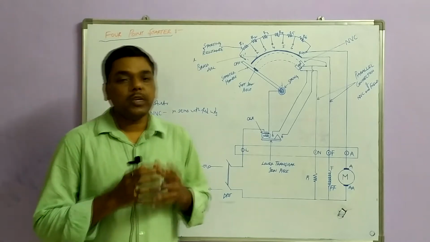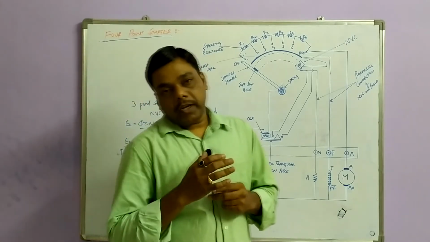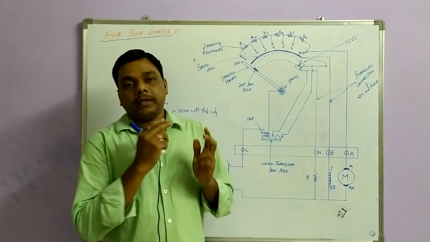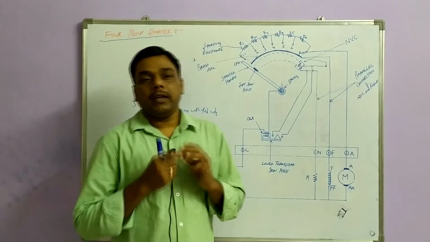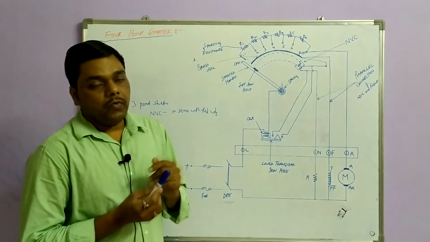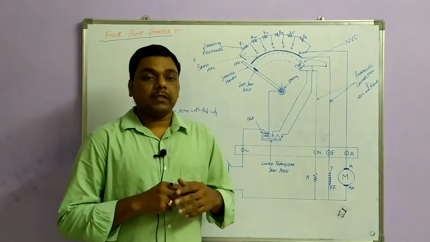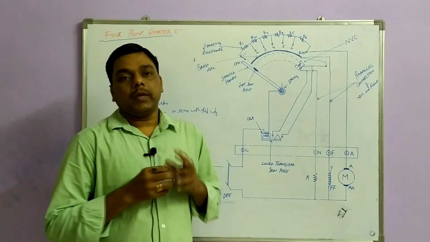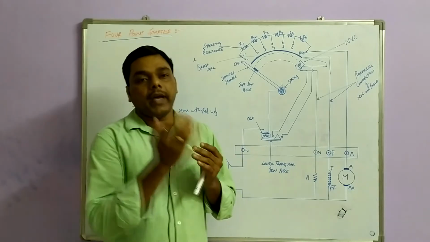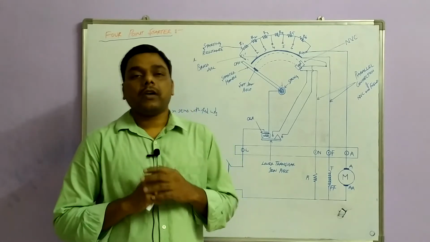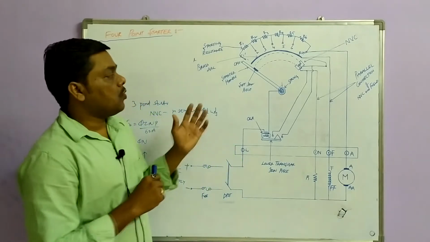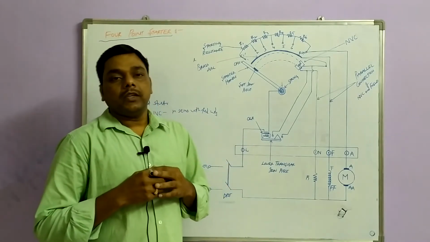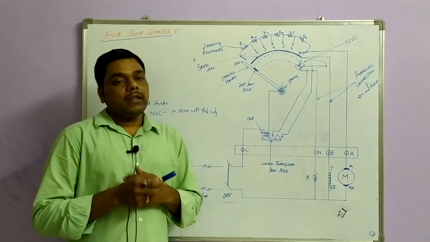Suppose I have to keep the flux constant and vary the speed. We already have series winding, shunt winding and armature winding in compound motors, so we need one extra terminal to control the speed by keeping the flux constant. We can vary the speed by keeping the flux constant. So that's why we are going to design a 4-point starter, which will make this issue very clear, so that we can keep the flux constant.